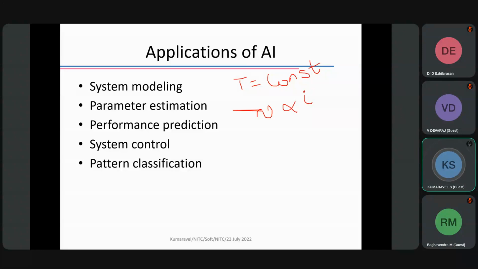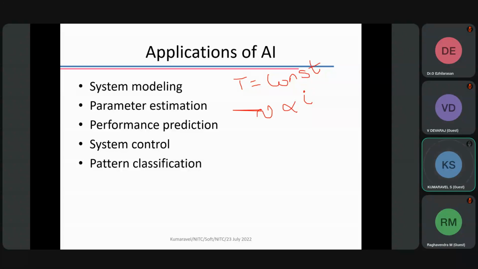All the mathematical equations are excellent, because people are still using the Laplace transform, Kirchhoff's voltage law, Ohm's law, everything we use. But what is the loophole? Temperature remains constant. Assume all the initial conditions to be 0. This loophole we are overcoming using AI. That's what I am trying to convey here.